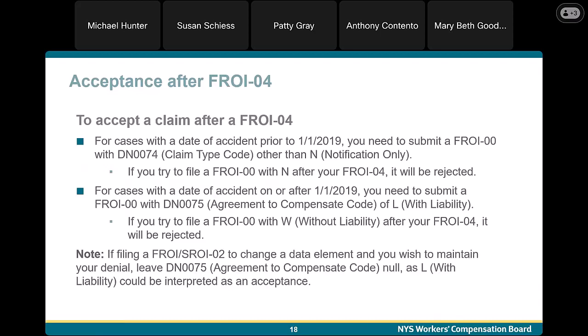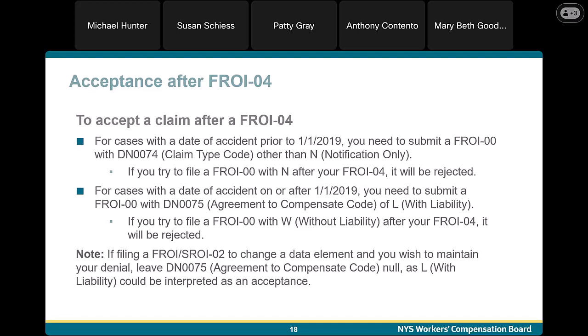First, we want to go over acceptance after the FROI 04. So to accept a claim after a FROI 04 for cases with a date of accident prior to January 1st, 2019, you need to submit a FROI with DN74 claim type code other than N, notification only. If you try to file a FROI 00 with N after your FROI 04, it will be rejected.